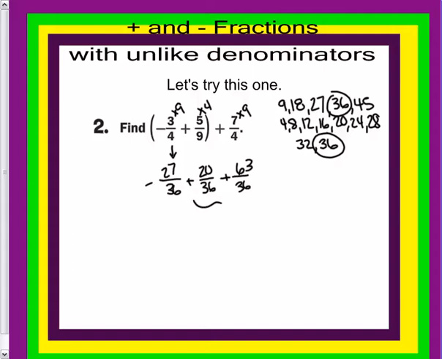Okay, so these are both positive, and this one's a negative. So I'm going to leave this one negative and bring it down, and I'm going to add these two together to get 83/36. So now what I can do is subtract. If we look at this, 83 is positive and the 27 is negative. So different signs, find their difference of 56, and it's going to be positive because I have more positives than